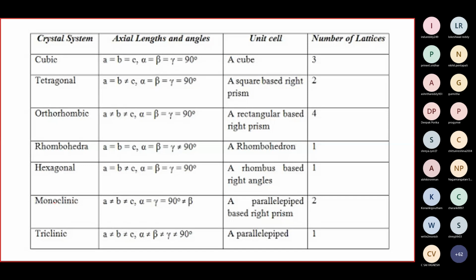These are the fundamental crystal systems. You take any crystal structure, it will generally fall into one of these crystal systems. And under these crystal systems, there are 14 Bravais lattices. Here you see cubic has 3 lattices. Tetragonal, 2 lattices. Orthorhombic, 4 lattices. Rhombohedral and hexagonal, 1 lattice each. Then monoclinic, 2 lattices, and triclinic, 1 lattice. All these put together should turn out to 14. Check yourself.